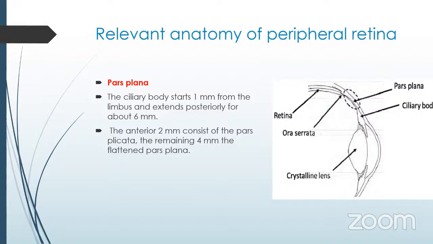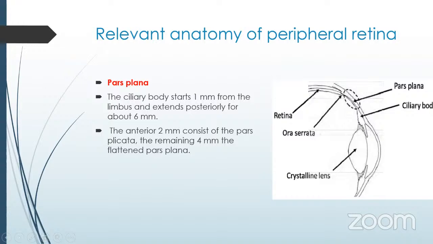First we'll look at the pars plana. Pars plana is a part of the ciliary body. The ciliary body is divided into two parts, the pars plicata and the pars plana. Pars plicata is the anterior 2 millimeter area of the ciliary body, which has a